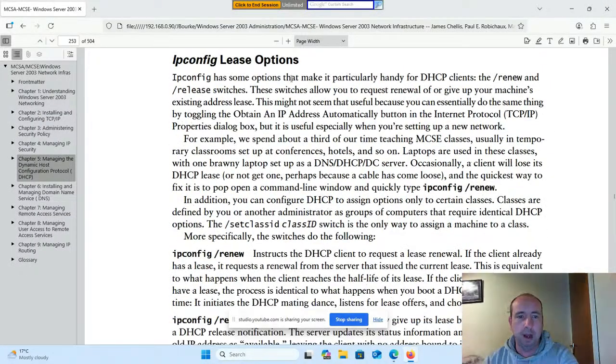Okay, ipconfig lease options. ipconfig has some options that make it particularly handy for DHCP clients: the /renew and the /release switches. These switches allow you to request renewal of or give up your machine's existing address lease. This might not seem that useful because you can essentially do the same thing by toggling the obtain an IP address automatically button in the Internet Protocol TCP/IP properties dialog box, but it is useful especially when you're setting up